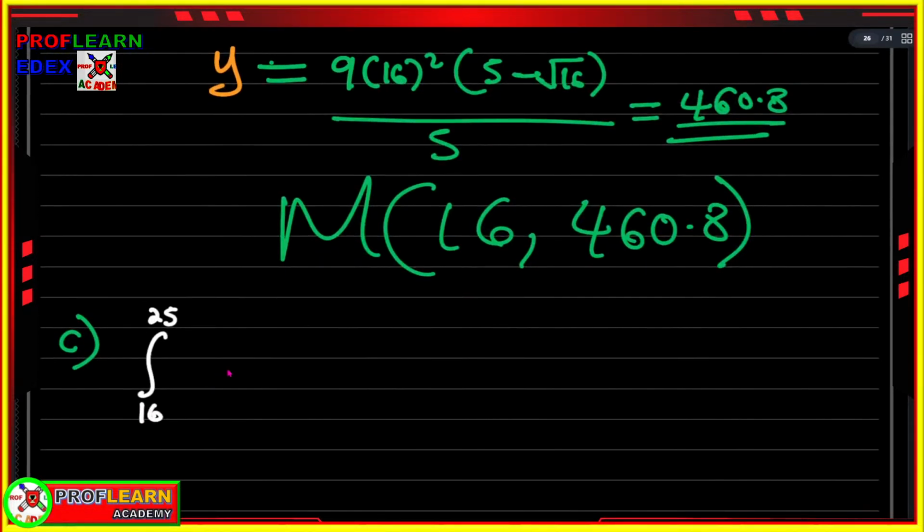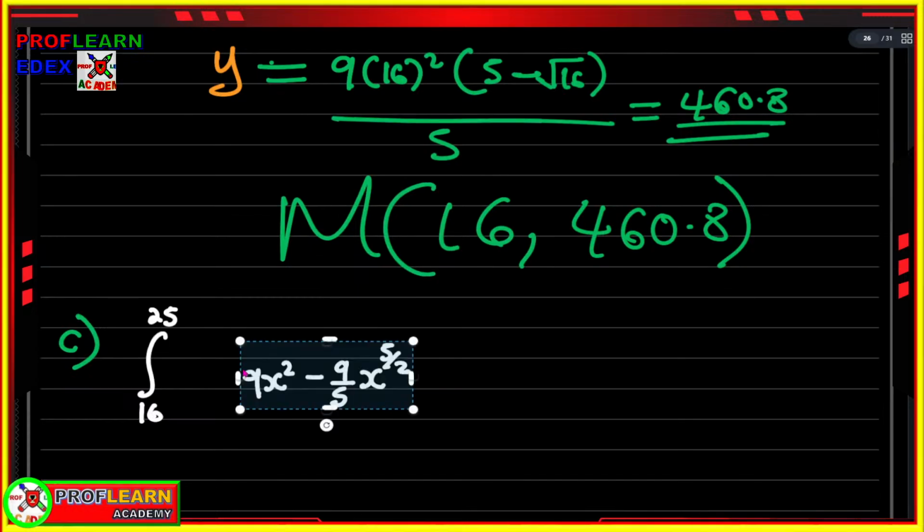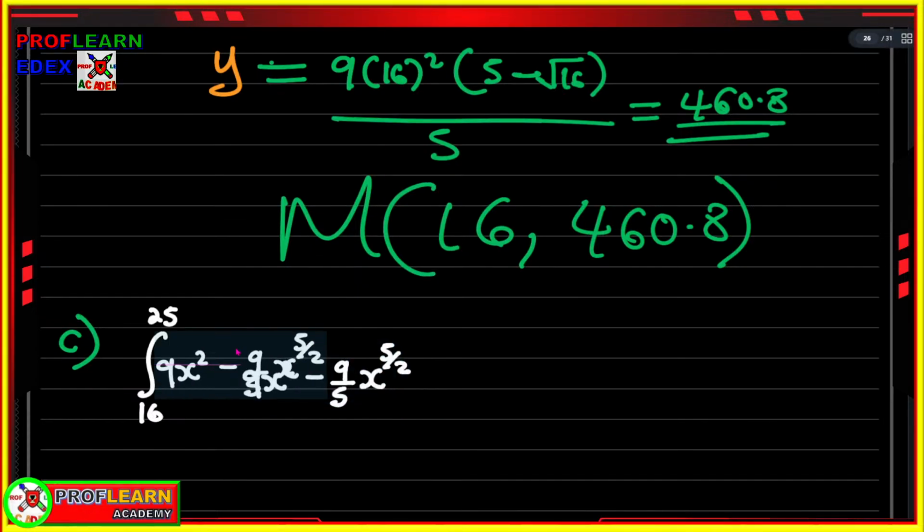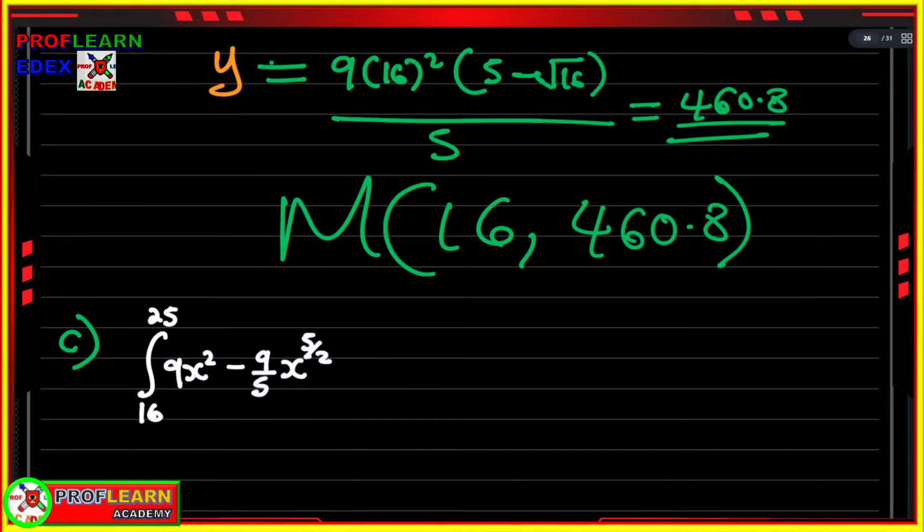Let me just paste it here. Good, so we have the expression that we are going to integrate with respect to x. How do you integrate? We increase the power by 1 and divide, so we shall have 9x cubed over 3 minus